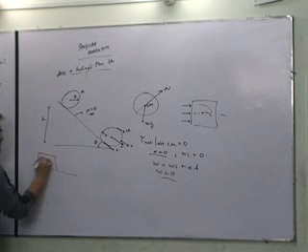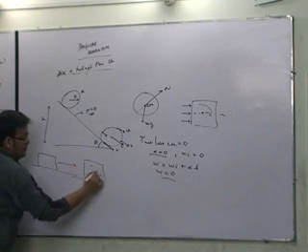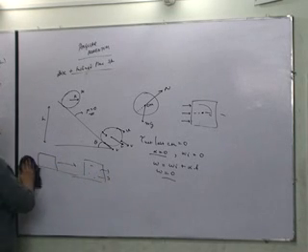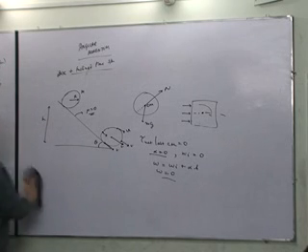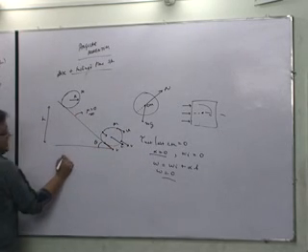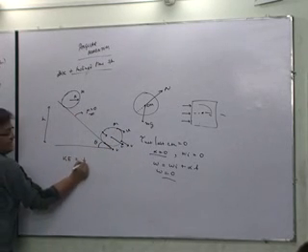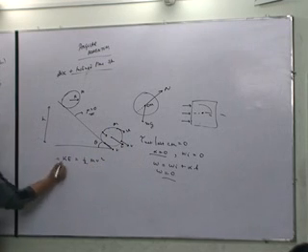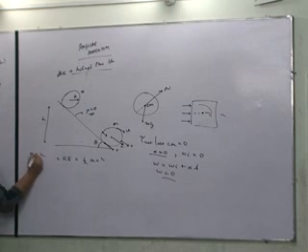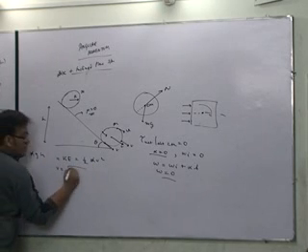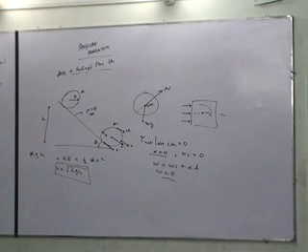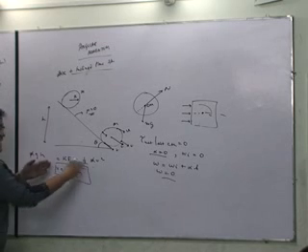In a pure translation, all the particles inside the body have the same velocity. So what can I write the kinetic energy as? Half m v square, since the mass is m and it is moving with velocity v. The kinetic energy is only due to translation, and that is brought about by the change in potential energy, so I can write it as mgh. The m cancels out, and I get the velocity as root 2gh. This is via the energy method.